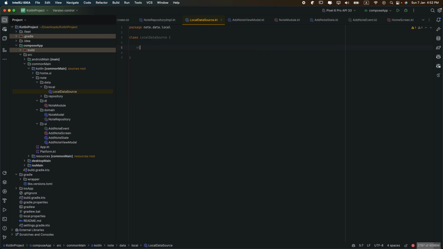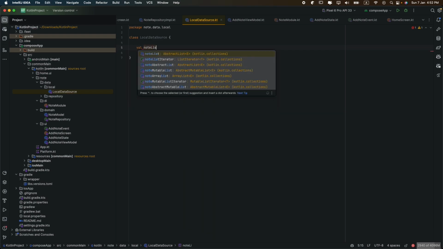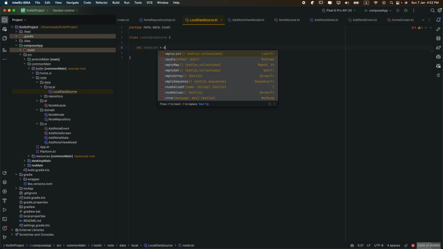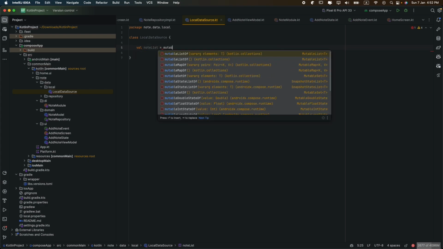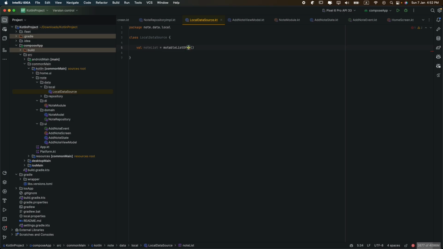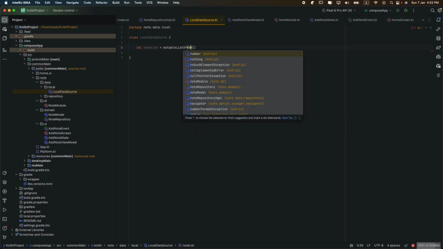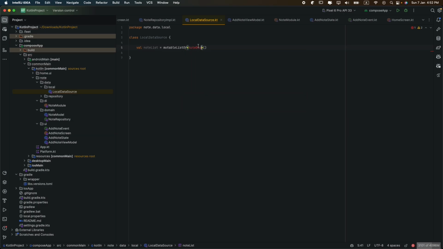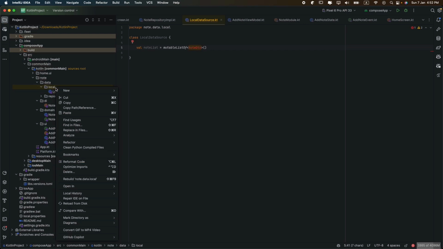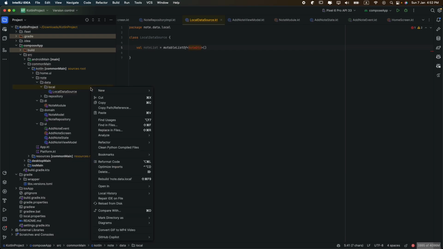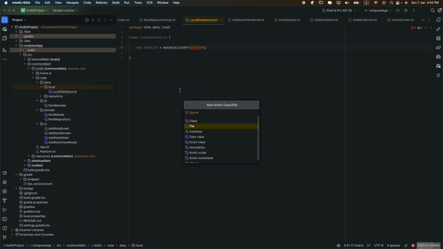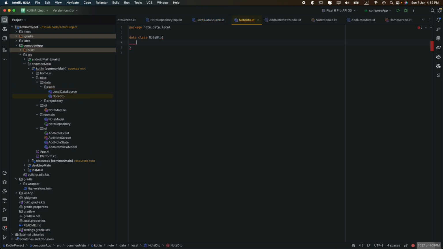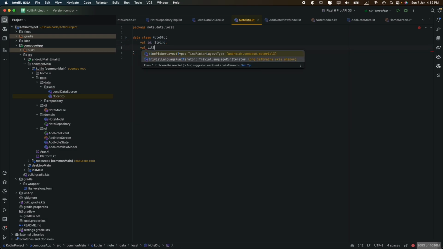We'll have a val of node list equal mutable list of node DTO, which is not defined yet. So let's have a node DTO here, with an ID and let's say title